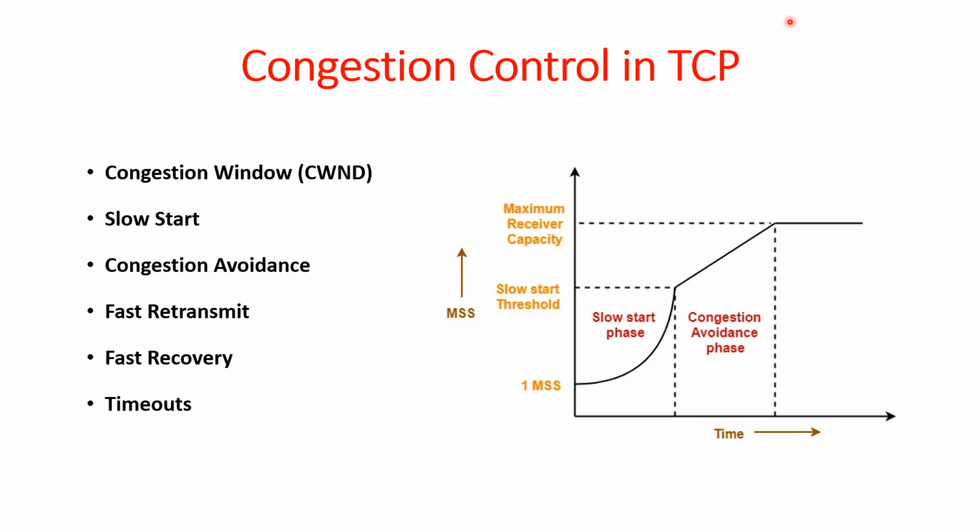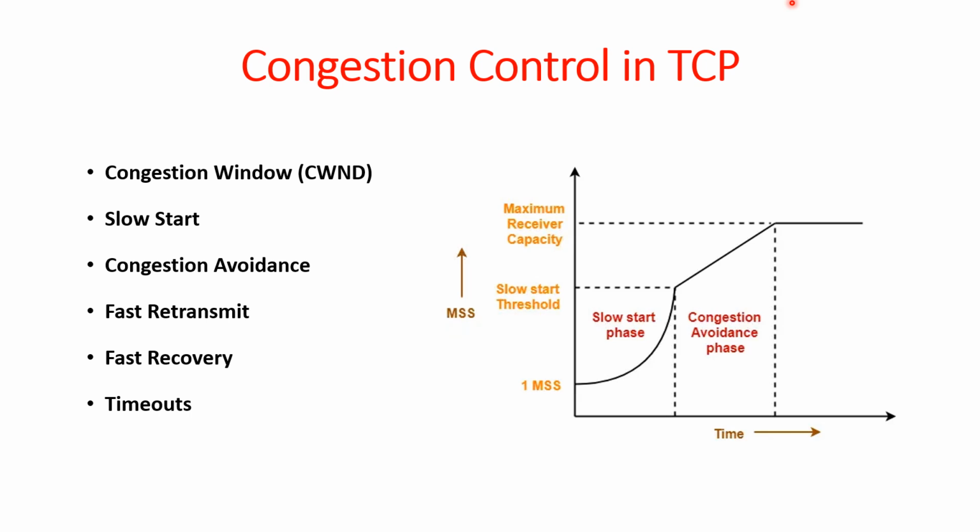Congestion window is a variable that controls how much data can be sent before needing an acknowledgement. It helps the sender manage its data transmission rate based on current network conditions. Slow start: TCP starts in slow start mode where the congestion window begins at a small size, usually one segment. The window size doubles with each acknowledgement received, allowing the sender to increase its sending rate rapidly until it detects congestion.